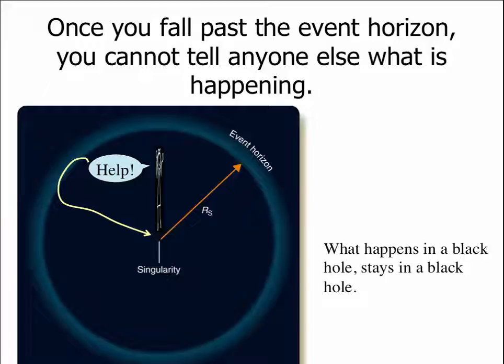Although honestly, we don't know what happens inside a black hole because whatever's going on inside this event horizon, light from that, which is the fastest thing, cannot get out to tell us. So maybe there's not a singularity in there. Maybe you fall into a black hole and there's a wormhole to some other dimension, or maybe you get inside a black hole and all the other stuff that's fallen in there is sitting around having a tea party, and you can sit and have a tea party too. We just don't know.